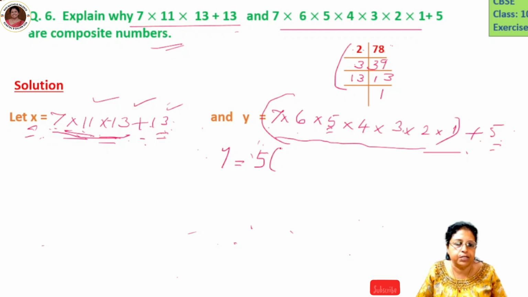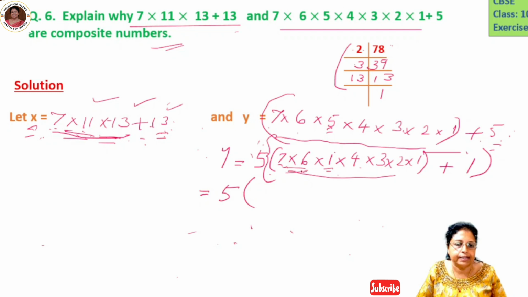If you take 5 outside here, it is 7 times 6 times 5. In the place of 5, you can put 1. 5 means 5 times 1. Times 4, times 3, times 2, times 1. Plus, you can put like this. 5 is taken outside. Then here 5 ones are 5. Plus here it is 1. 5 ones are 5. Then you can write 5 times,